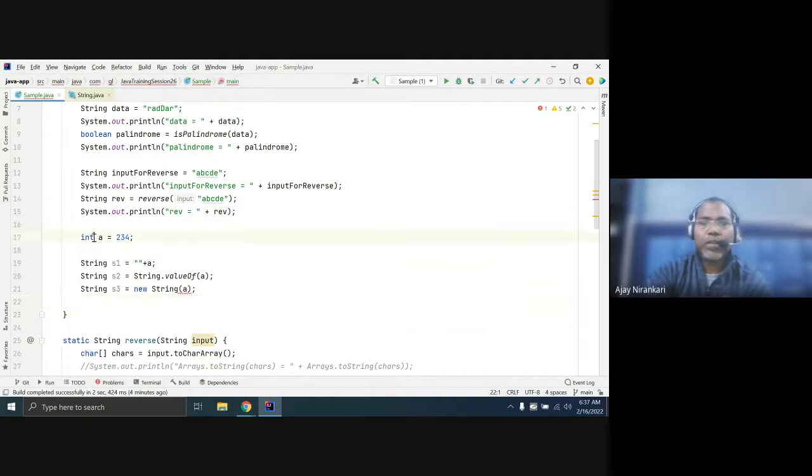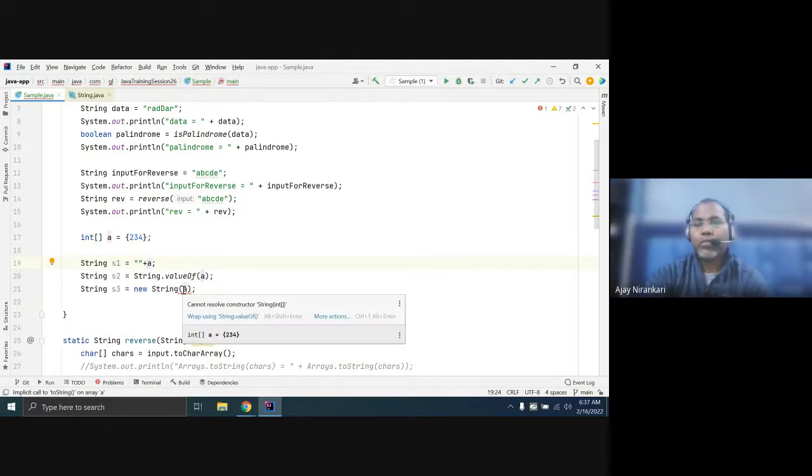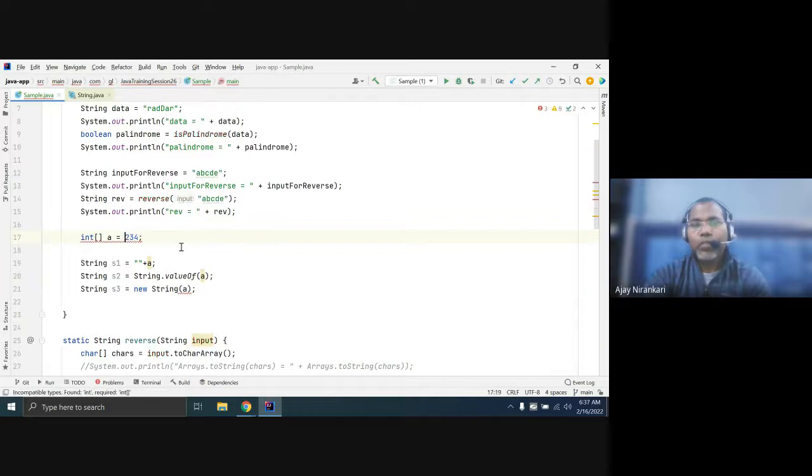Let us write something like an array here. Again, it is not expecting that. So these are the things the string class constructors offer. You cannot do whatever you want. Surely here you can use double quote plus, because after plus you become a string.